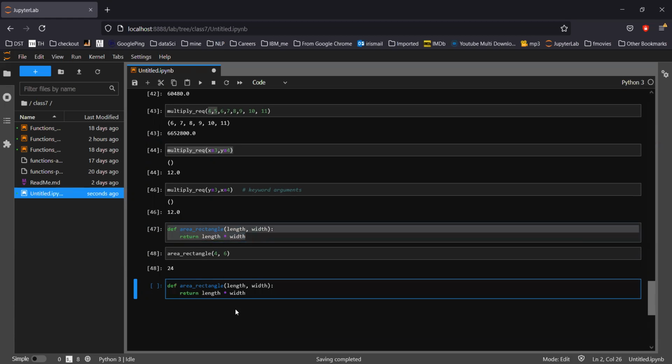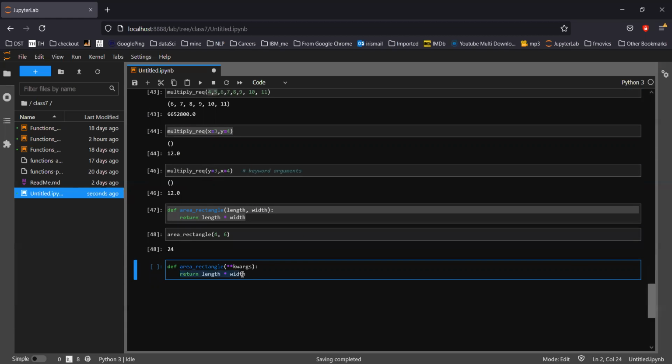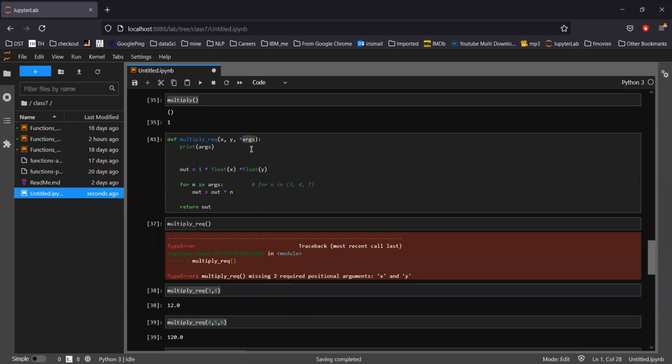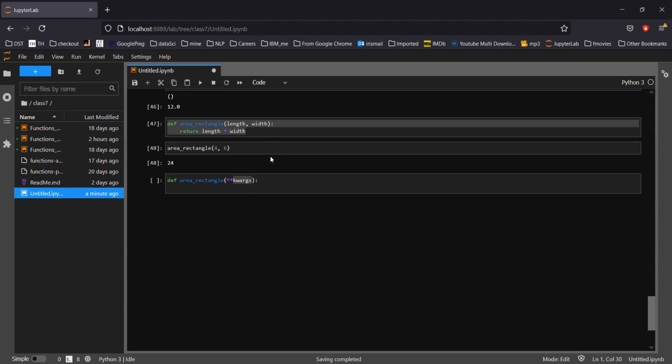So what I'm going to do now is simply pass star star. Keyword always uses 2 stars, kwargs. This is an industry standard. For keyword we use kwargs. For simple arguments, we use single star and args. That's an industry standard, but you can use any name, it doesn't matter, it's just a variable.